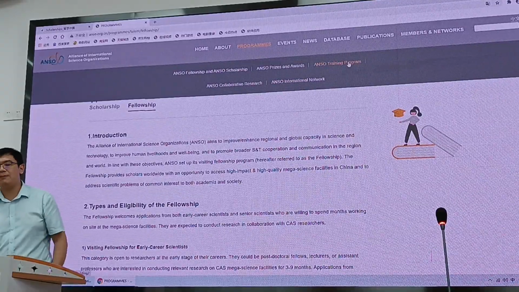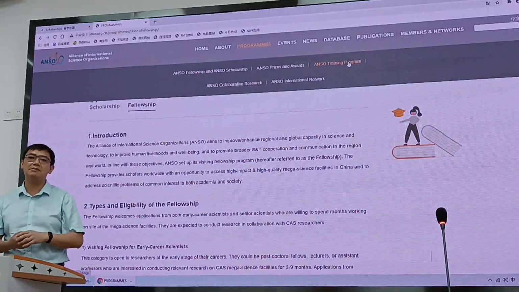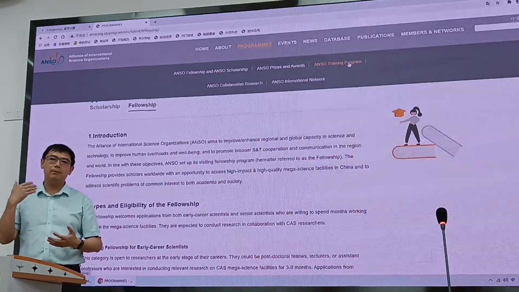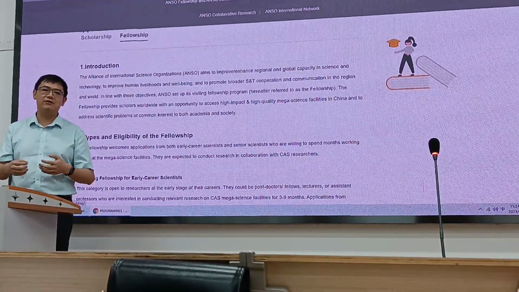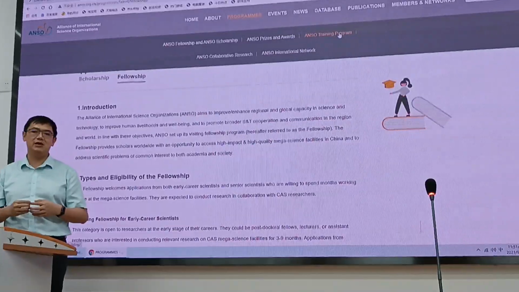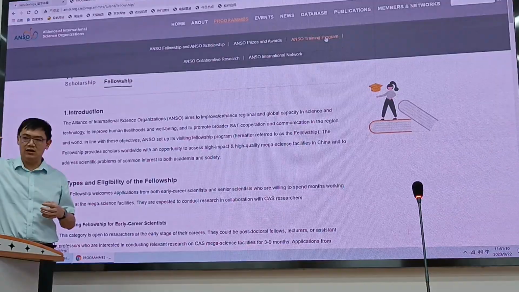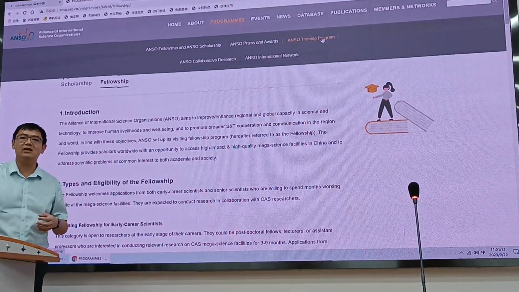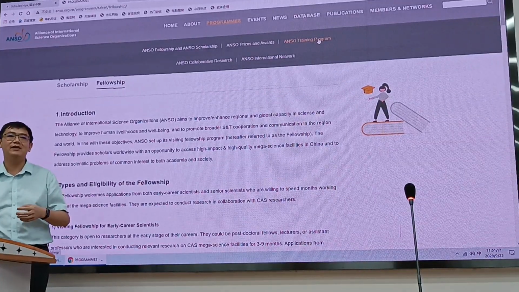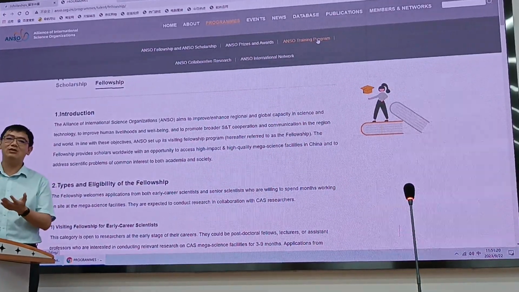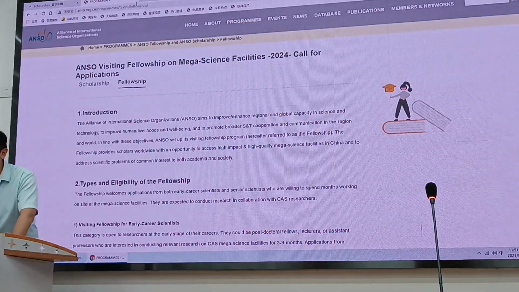And we are trying to think about the training program, because this is also a training program funded by the Chinese Academy of Sciences. Our workshop will be evaluated by the Chinese Academy of Sciences, and if we get further funding, I believe we have a very high possibility of getting funding next year. In 2024 we will get funding, and in 2025 we will organize another workshop like this. So this is another way.